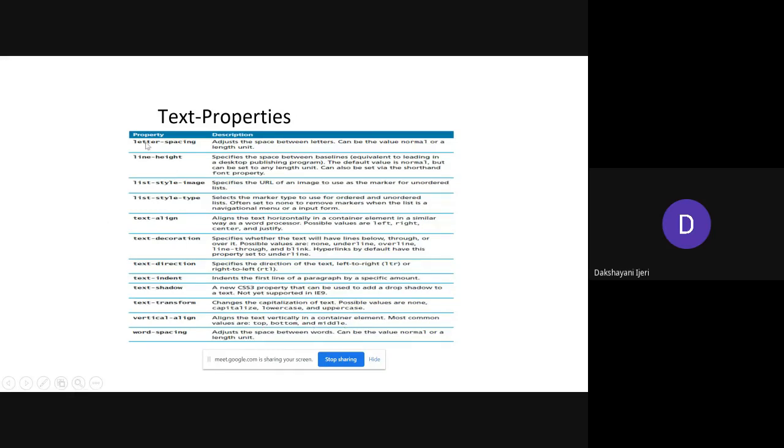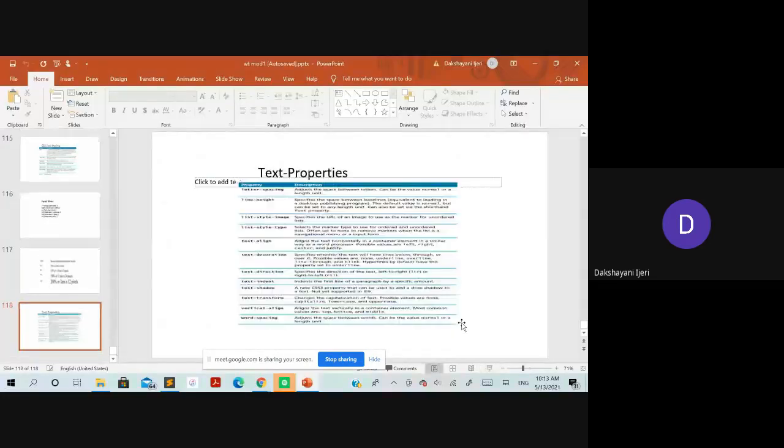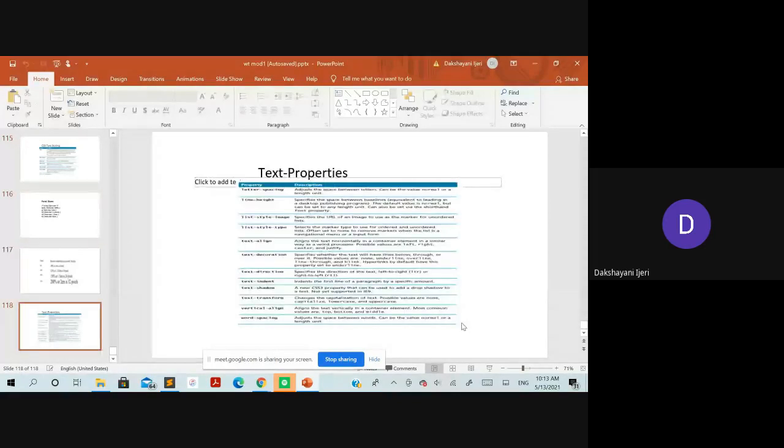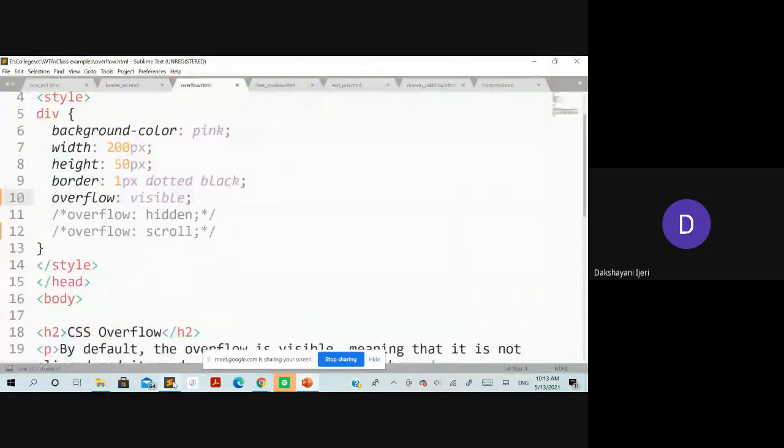So as with the letter spacing, where you can specify the space between the letters, you can also specify the space between the words of a sentence as well, using the word spacing property, right? For this you can again use the values in terms of pixels, a numeric value with the unit as pixels here. Okay, so let's see all these properties, the font properties and the text properties, with examples now.